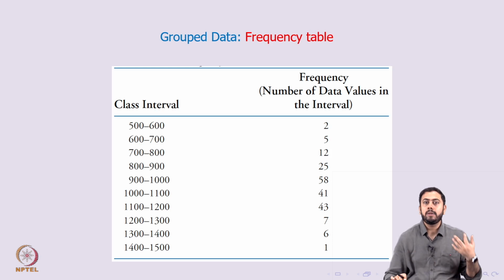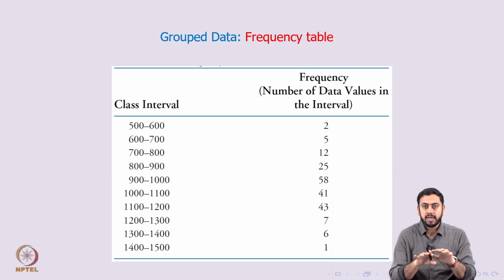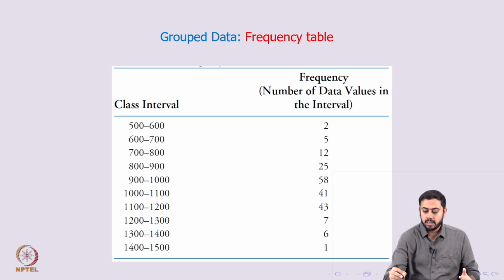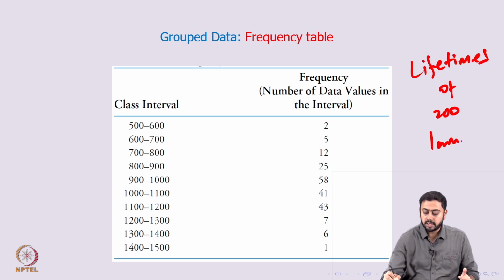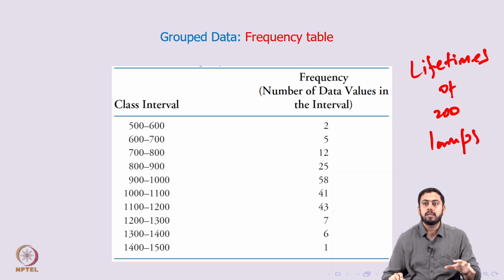Right towards the end we talked about group data: how do you create a frequency table for group data, and this is exactly where we stand as of now. I have this starting slide to show the frequency table with the group data. What exactly is the data set here? From the last session, we talked about a data set which contains the lifetimes of 200 lamps. All the values in the data set correspond to lifetimes of 200 lamps, and you had a very large table containing the lifetimes of all the 200 lamps.